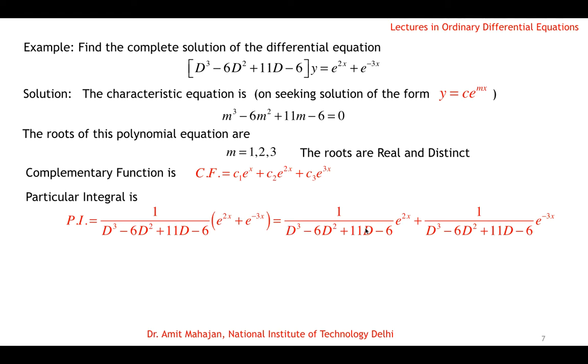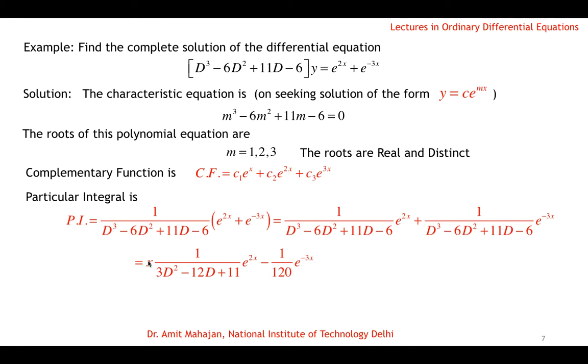So we have to apply the rule that we will multiply with x and take the derivative of the denominator. The denominator derivative is 3d² − 12d + 11. Here, if we put d as −3, it will give a non-zero value. So you can easily calculate: multiply with x, take the derivative of the denominator, which is 3d² − 12d + 11, put the d value −3 in this, so it is non-zero, which is 1/120. So this part is solved.